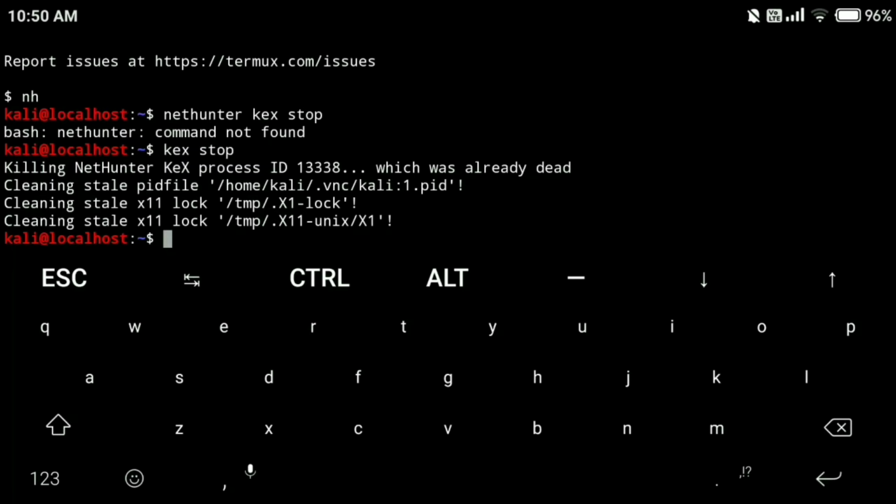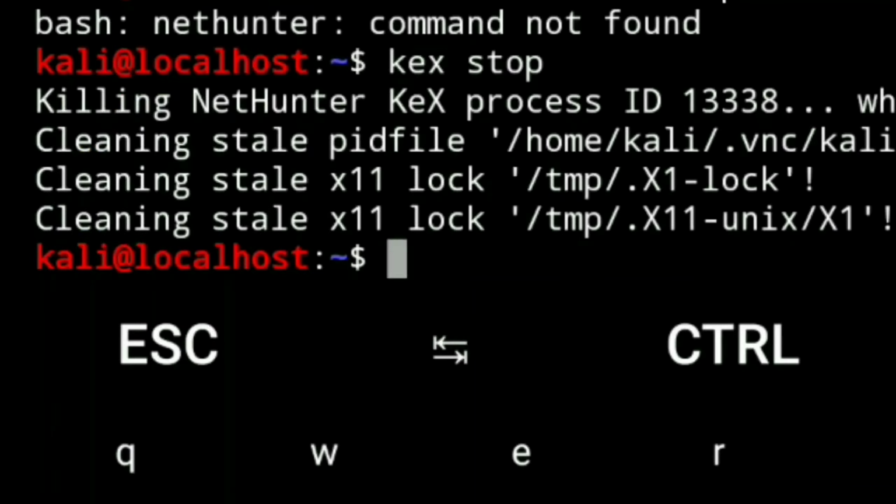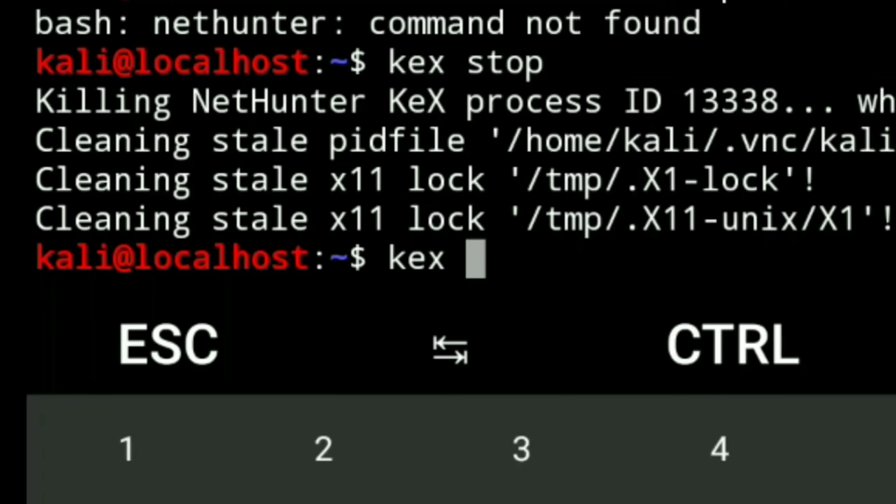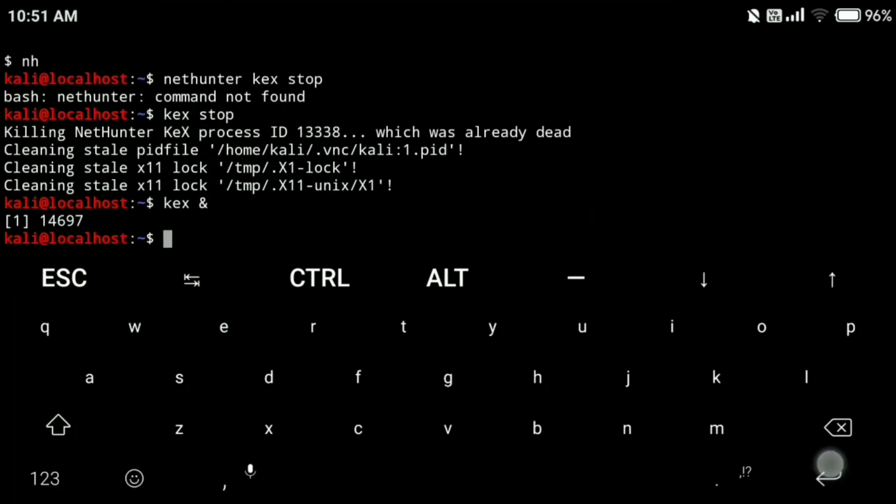Now after stopping you need to restart again. It means you need to start your VNC server again. For that type kex space and sign. Okay, and press enter. Wait here.